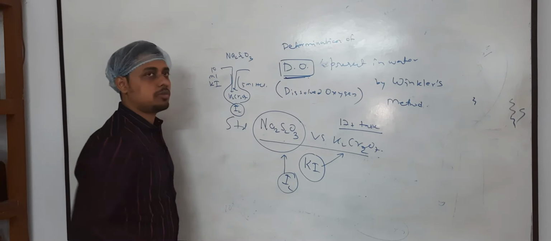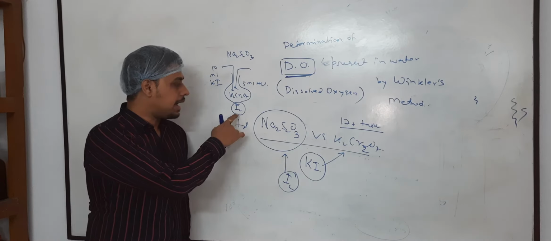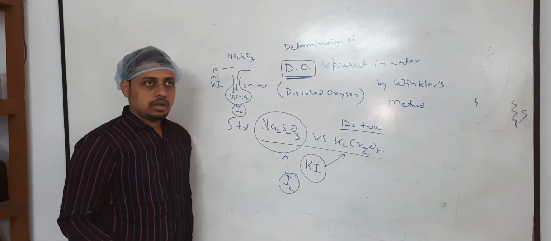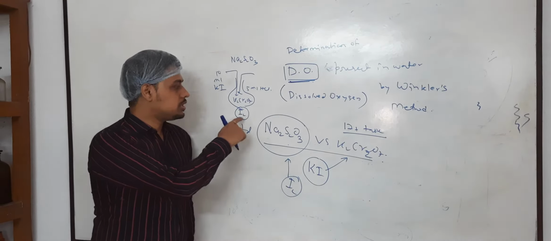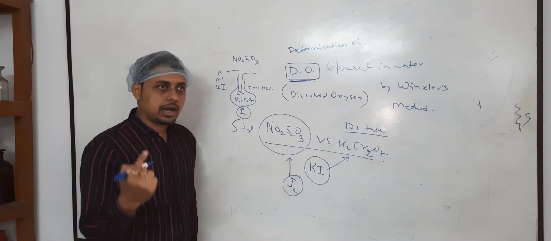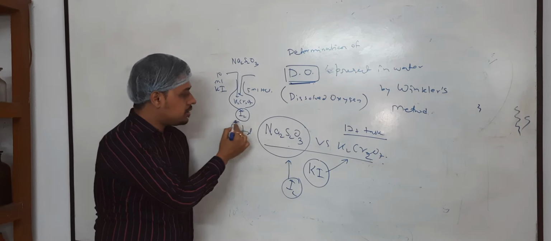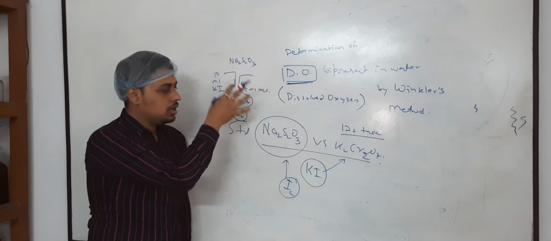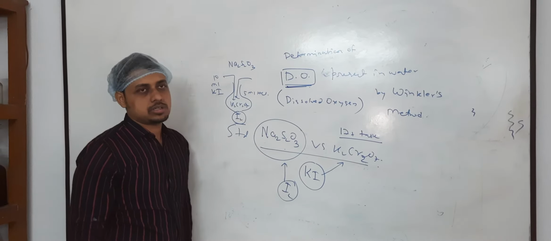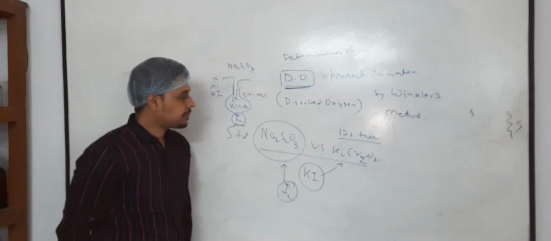This iodine is of dark brown color. And I have already told you that iodine is very photosensitive. It can be degraded in presence of sunlight. So we need to do this entire experiment in dark condition. So we have added these components, iodine is generated, your solution color is dark brown, then keep this conical flask in the dark at least for 2 minutes so that the reaction is completed. Fine.